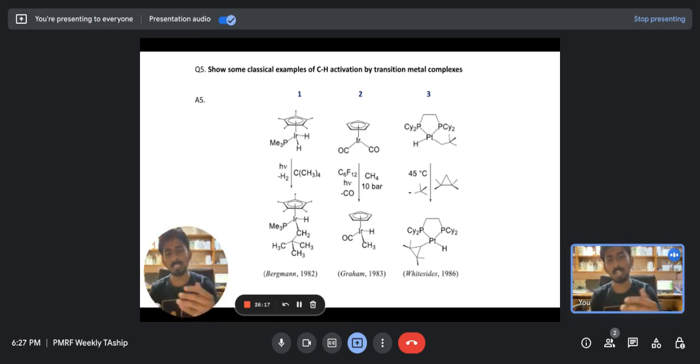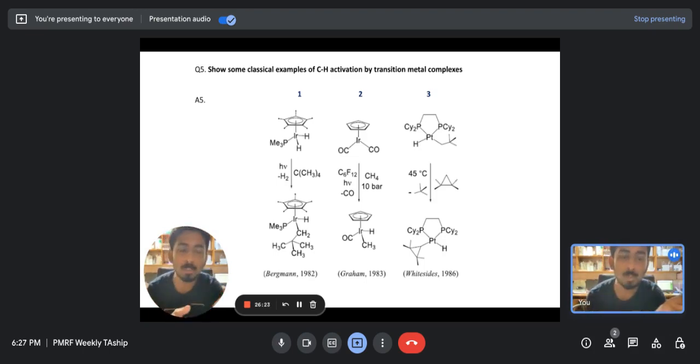I showed you in the earlier example in the Wilkinson's catalyst slide when the phosphorus phenyl group gets oxidatively cleaved and we have a cyclometalated complex. Here the same happens. This C-H bond gets oxidatively cleaved and added to the iridium center, and we go from iridium 1 to iridium 3, because from this carbon we have